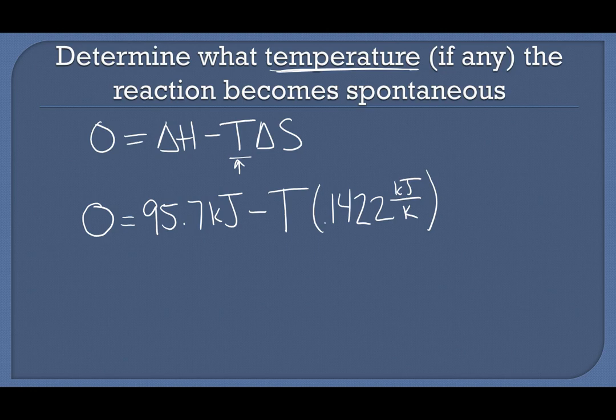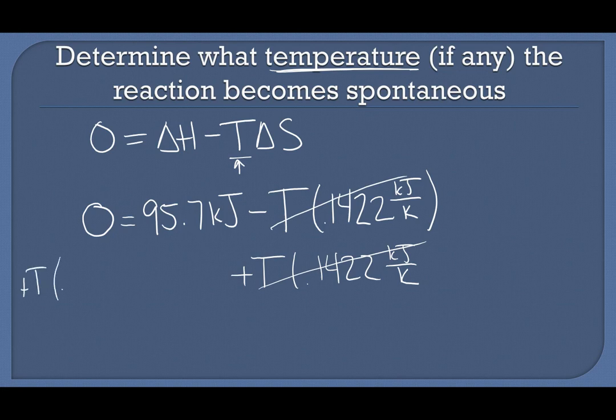So what I'm going to do is add plus T times 0.1422 to get this to the other side. If I add, these cancel. Whatever I do to the left side, I also have to do to the right side. Okay. So this is going to give me T times 0.1422 kilojoules over Kelvin equals